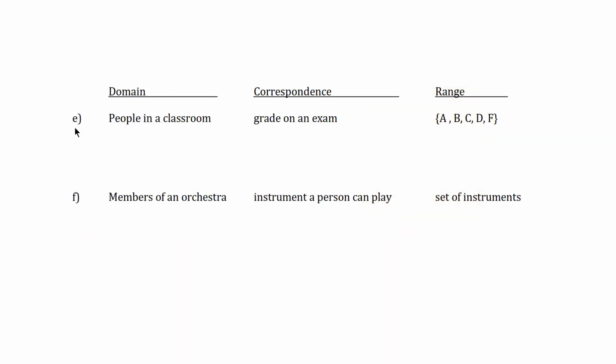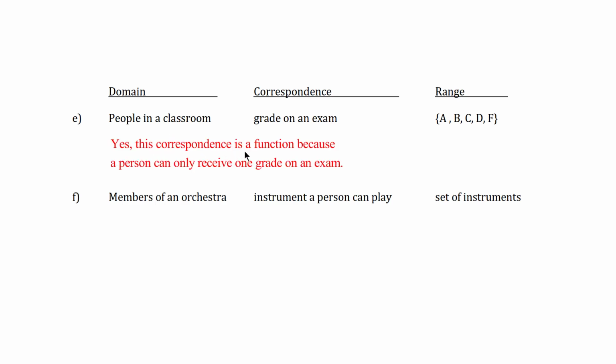Moving on to part E, we have that our domain would represent the people in a classroom. Our range is represented by a letter grade A, B, C, D, or F. And then our correspondence is a grade that a student or a person receives on an exam. So we need to determine if this correspondence or relation represents a function. I would say yes, this correspondence is a function because a person in a class can only receive one grade